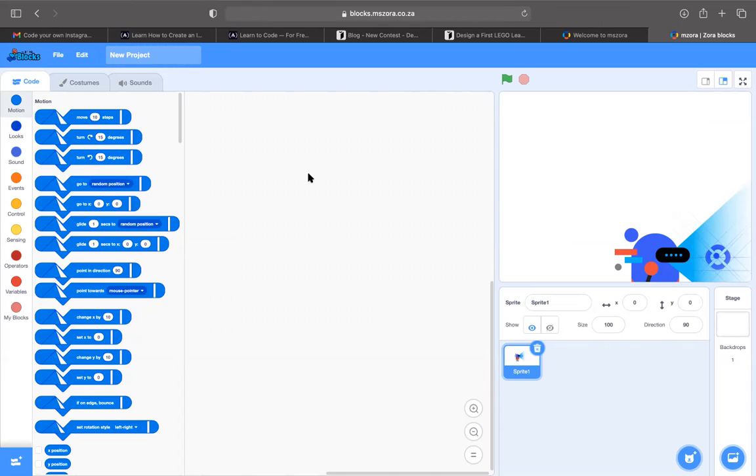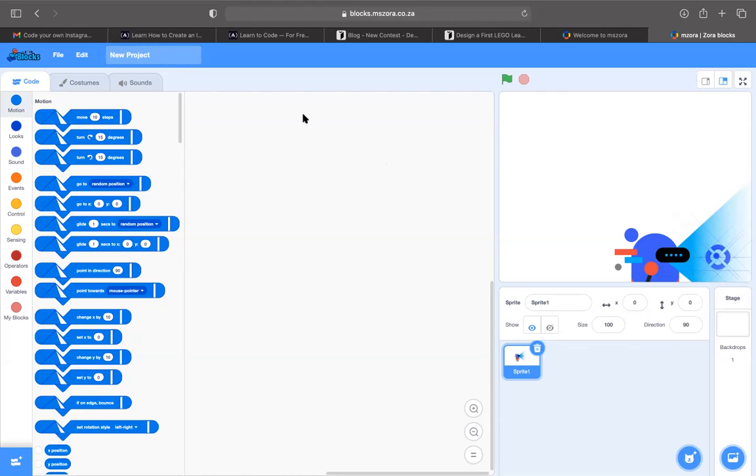All right. So when you start, you are going to be brought to the screen. And it is basically where we are going to be doing all our coding. I'm going to show you guys some aspects of the screen so that you know where all the different elements we are going to use are.